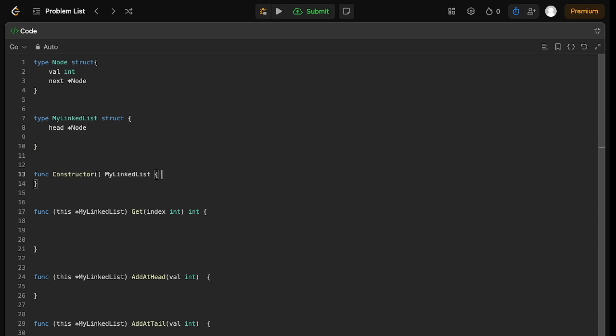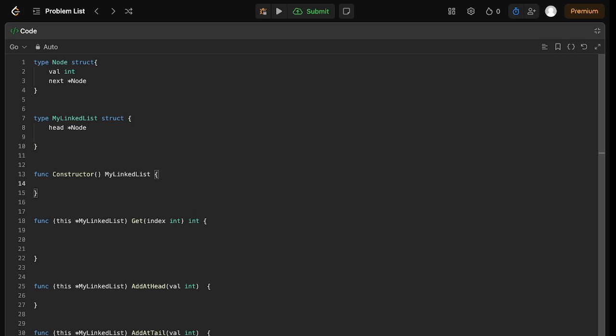This is a constructor in which we are going to define the linked list. In every linked list we start the constructor by defining a nil head. So here we are going to design